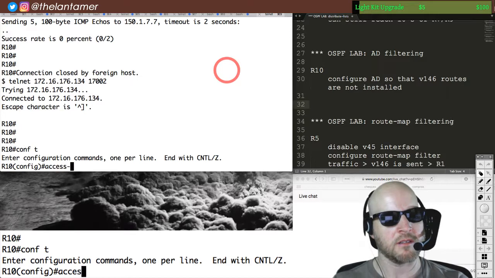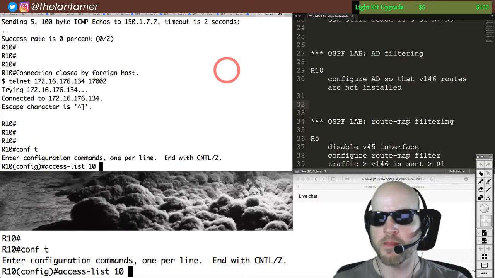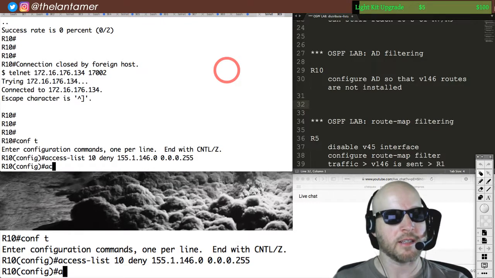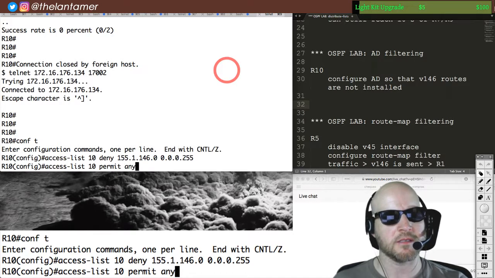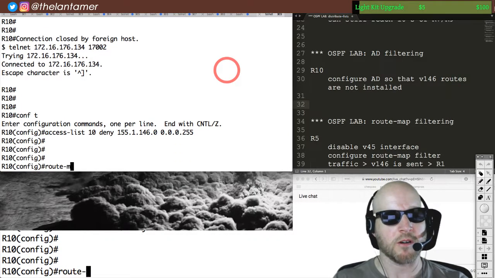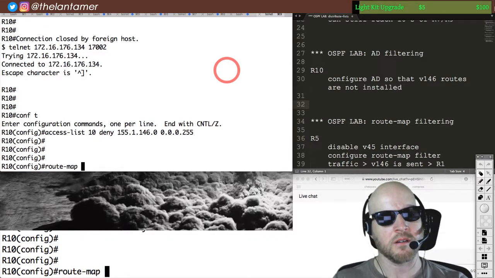Access list 10 deny. That's going to be 15.1.146.0. And then access list 10 permit any. Well, we don't even need that. Yeah, this is just for a route map. So route map B146